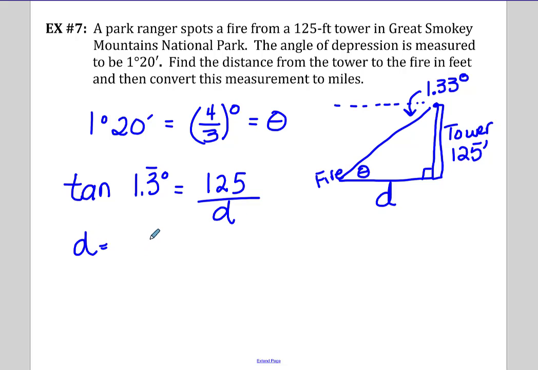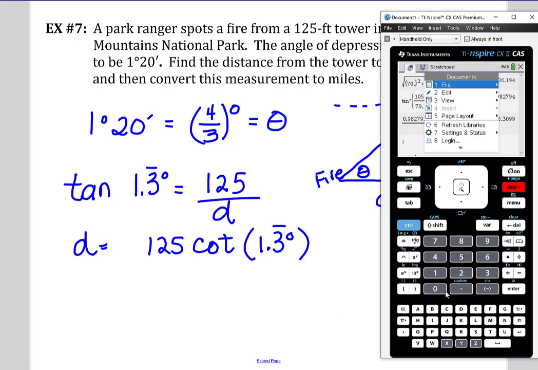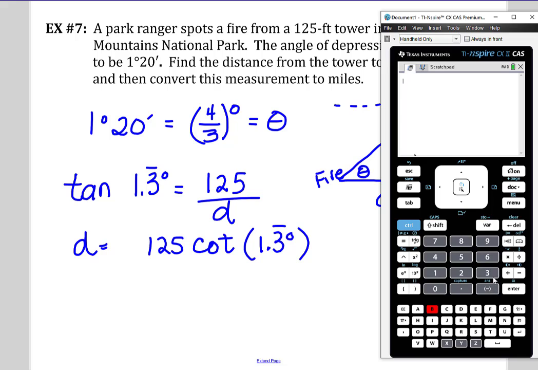So the distance is 125, and if we divide by tangent, that's the same thing as multiplying by cotangent, 1.3 degrees. So let's go calculate that. And then we've got to convert this answer to how much of a mile. Let's see. So we got 125 cotangent of 1.3 repeating degree,